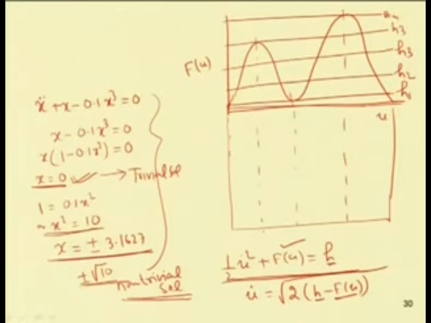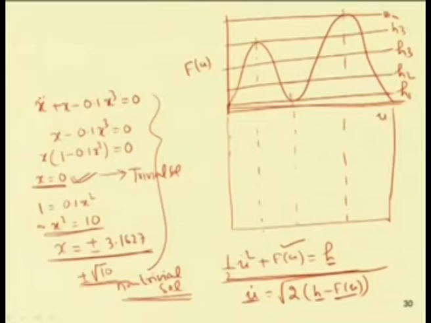If it is greater than the potential function, then only the system will have an oscillation, otherwise the system will not oscillate, or will not vibrate, or the velocity will be 0. If this part is negative, then the square root of this will be an imaginary quantity. So, the velocity will be an imaginary number. So, we can have the solution for u dot only when this term is positive.